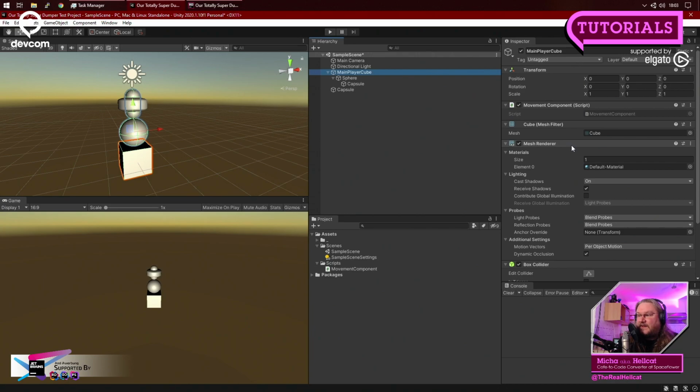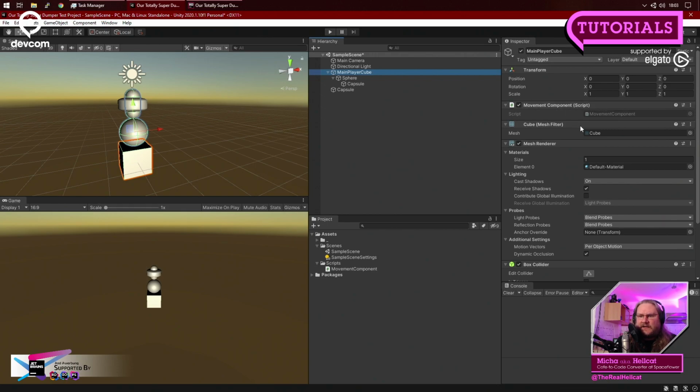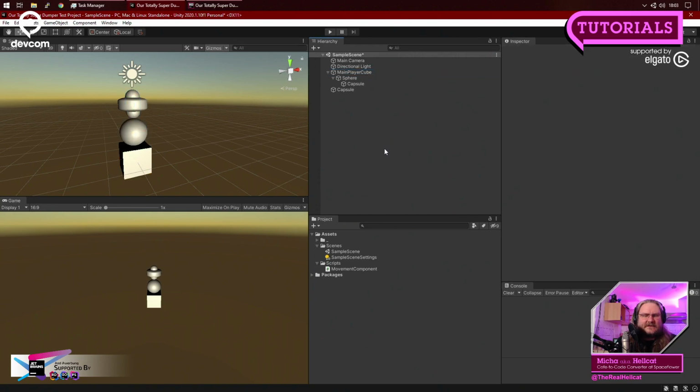I don't think we're going to be doing everything I actually planned for today, because another thing I wanted to talk about with you guys is to make this based on keyboard input, on player input. But I think we're going to be doing this next week. But we're definitely going to be doing this: how do I get these values to be settable from the inspector? That's definitely something we're going to be